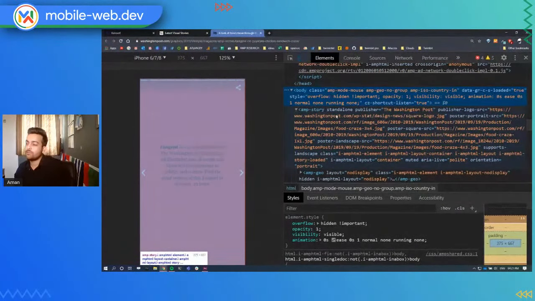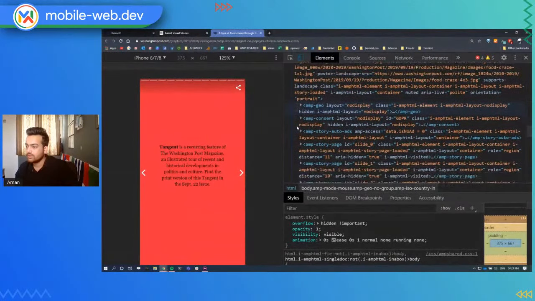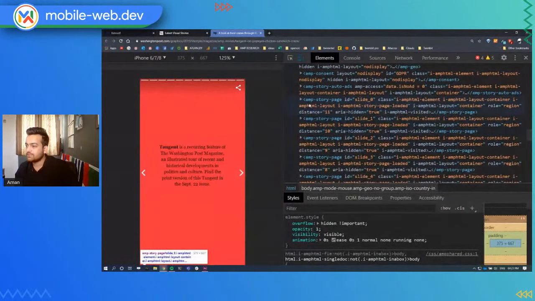Then we have the attribute standalone and other attributes like publisher and the publisher logo. All these things help add different kinds of properties to this whole story. And amp-geo is another form of using different data for different geographical locations. Yeah, this is an interesting page.